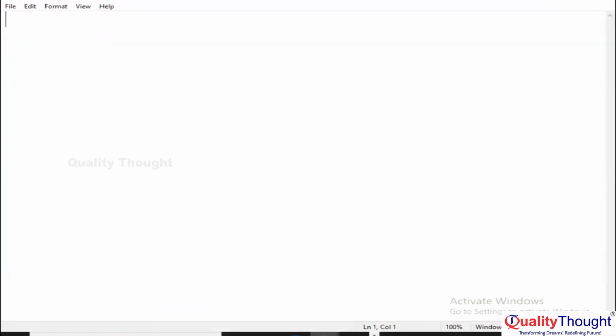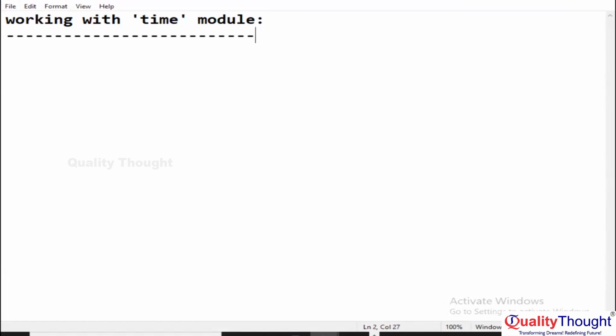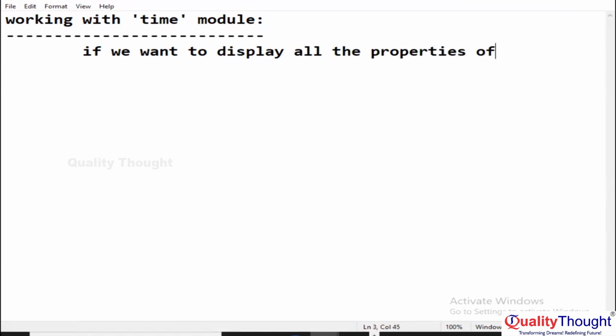Okay, working with the time module. If we want to display all the properties of the time module,